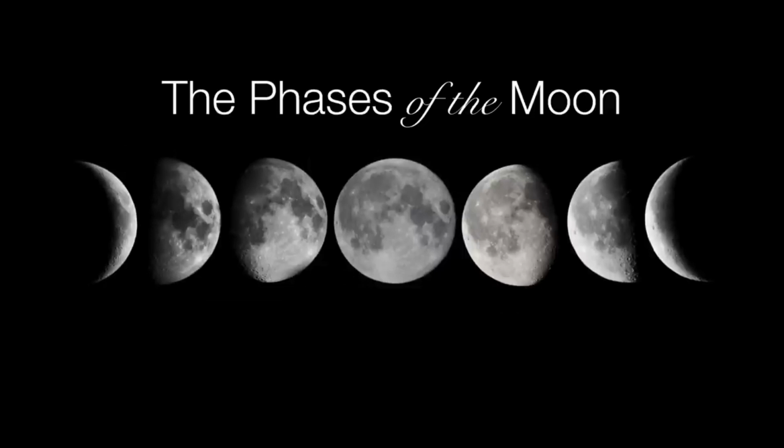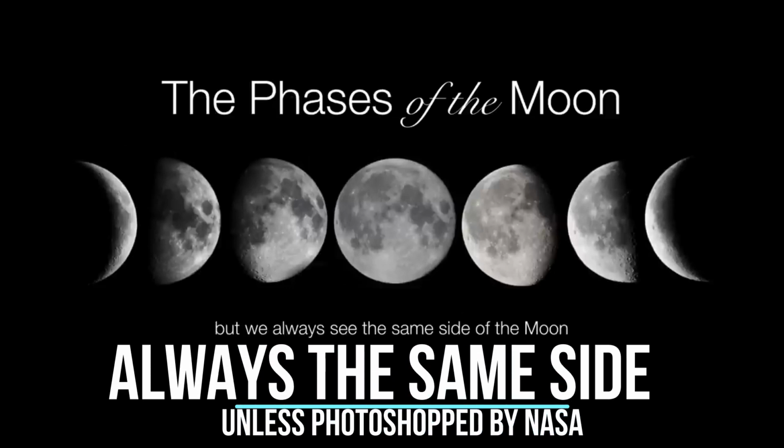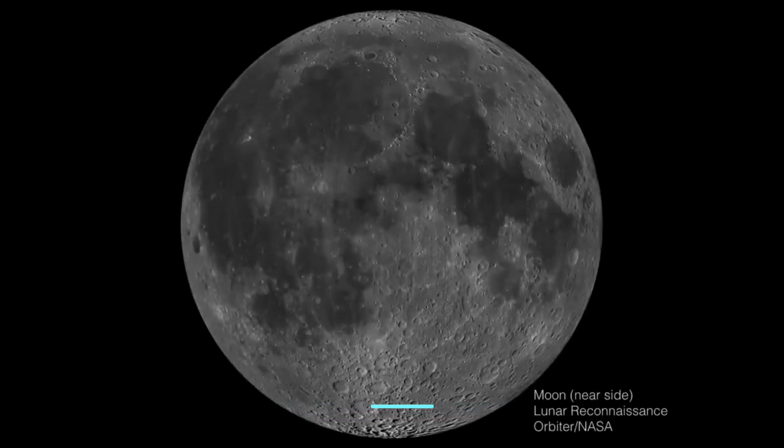Now, before we describe the phases of the moon, let's just clarify one rather important point about the moon, and that is we always see the same side of the moon. It doesn't matter what phase it's in. If you look at the features on the moon's surface, we're always seeing the same near side of the moon. So a really good way to compare